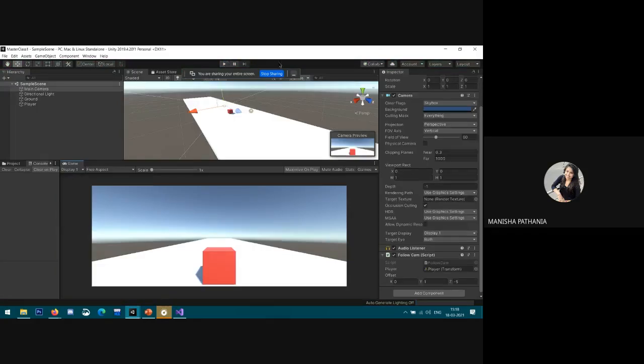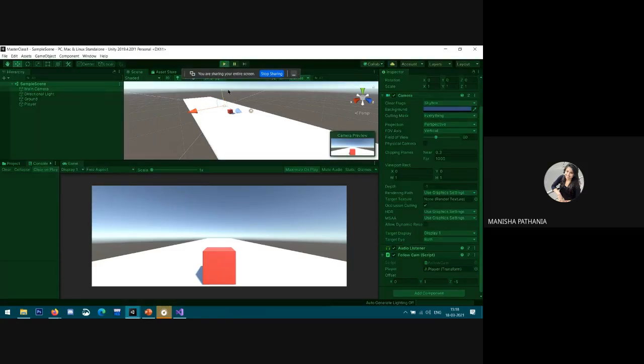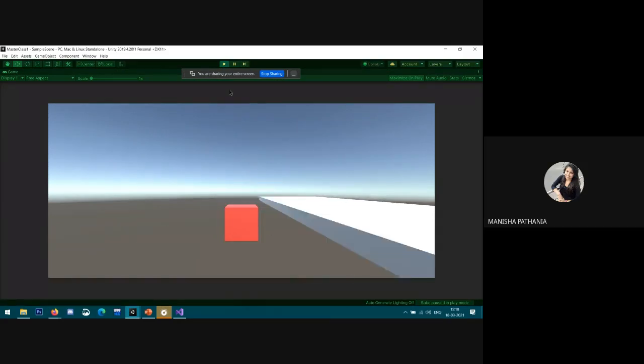So when we click on play, our camera should follow our player, right? I'm clicking again. See, our camera should follow the player with the offset position, and this is much better.